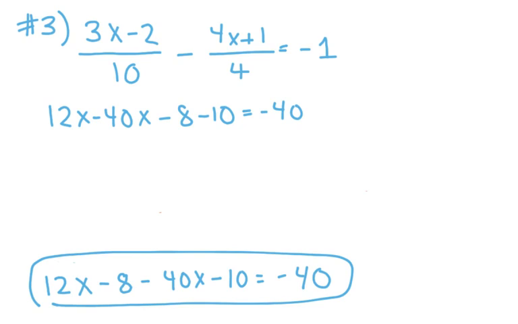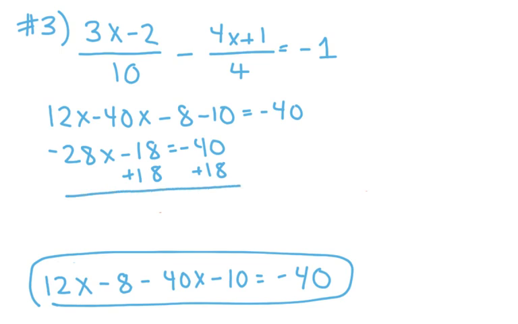Okay. 12 minus 40, I would just put that in my calculator to be careful. That's negative 28x minus 18 equals negative 40. Add 18 to both sides. Now I have negative 28x equals negative 22, and then divide by negative 28